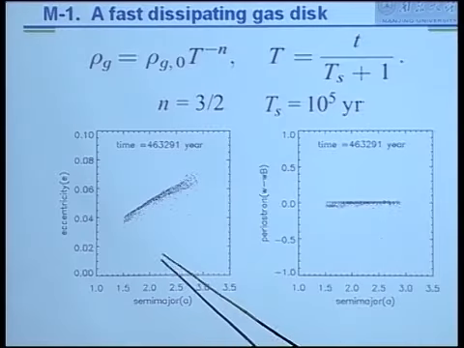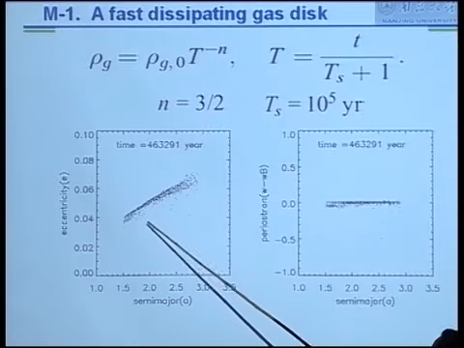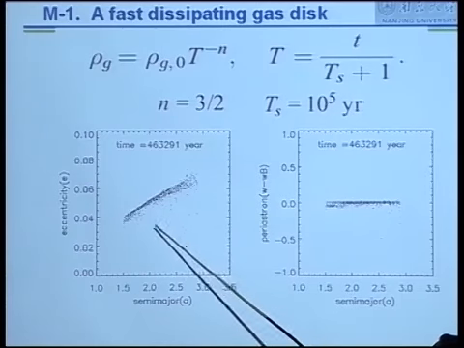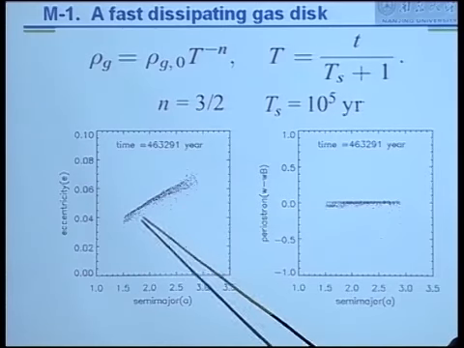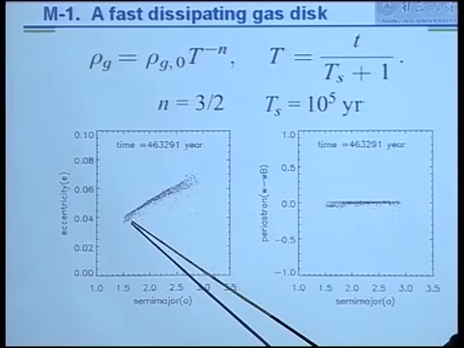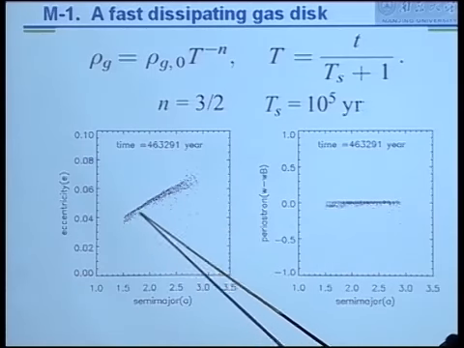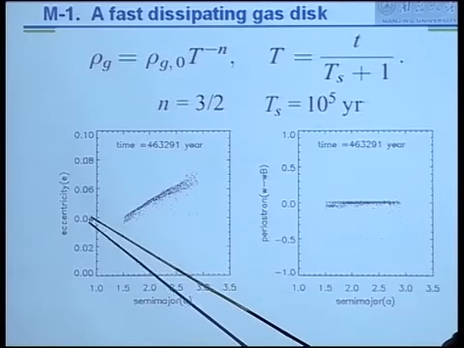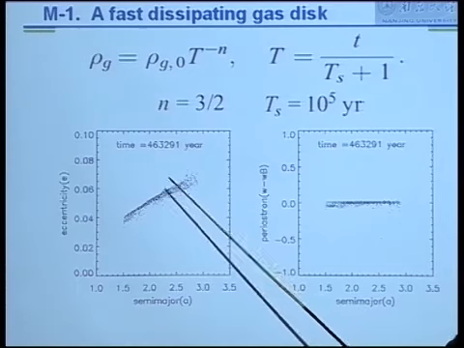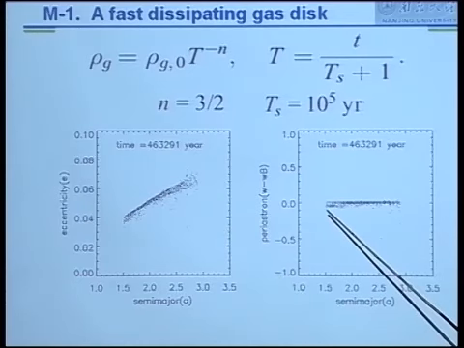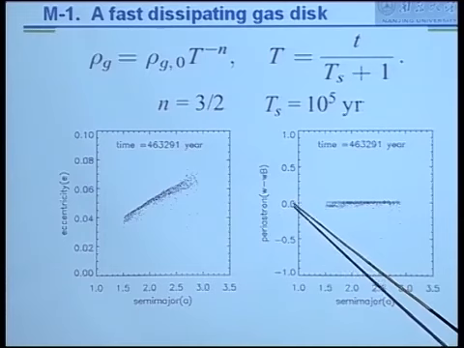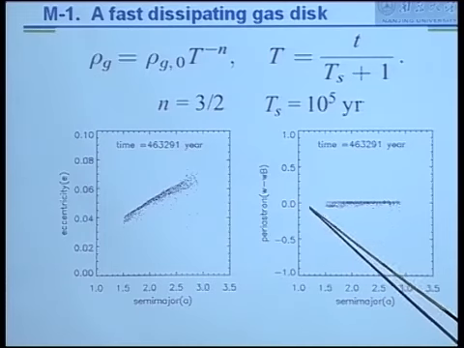We have different sizes of planetesimals, shown in different colors. In the final state, every planetesimal has almost the same eccentricity at one location, and different size planetesimals have a longitude of perihelion almost near zero.